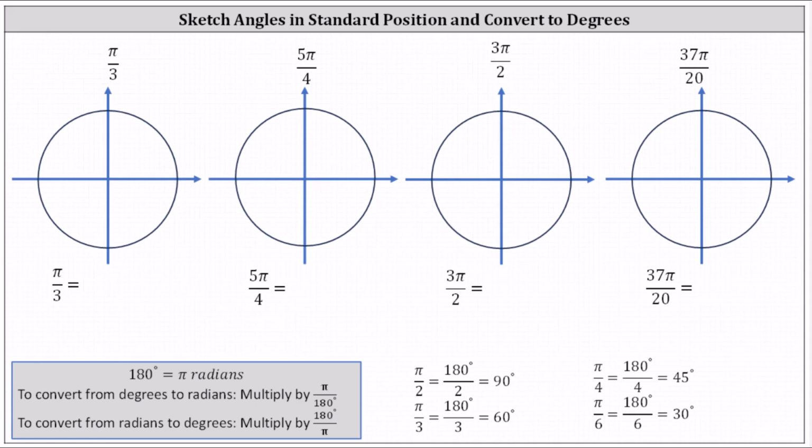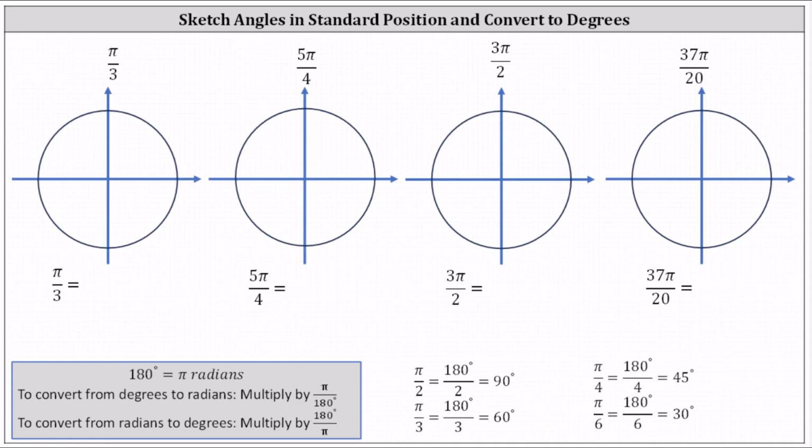We're asked to plot each angle given in radians in standard position, and then also convert the angle to degrees. When first learning about radians, it might seem more comfortable to always convert back to degrees. It's kind of like when first learning a foreign language. However, with time, hopefully you'll become more comfortable with radians and be able to think of angles both in radians